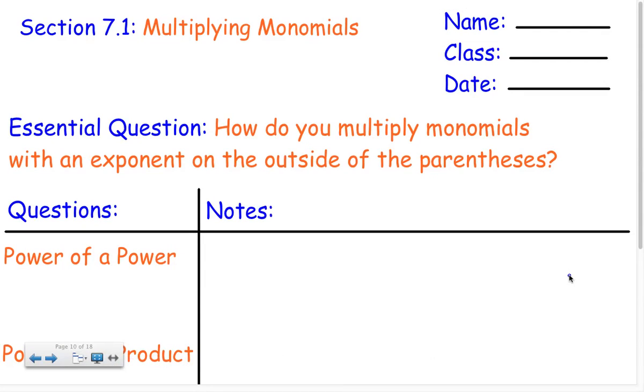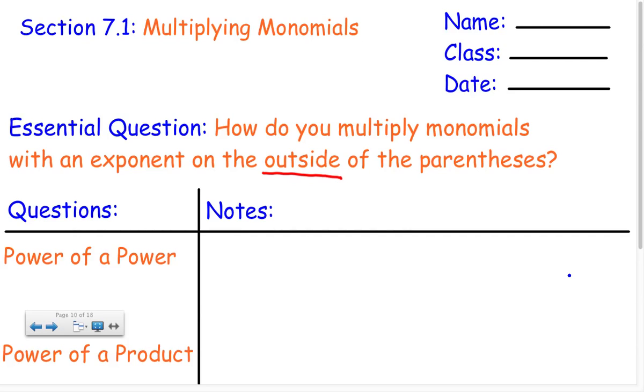Section 7-1, Multiplying Monomials, Day 2. Essential question: How do you multiply monomials with an exponent on the outside of the parentheses? The key word there is that we're going to deal with exponents on the outside of our parentheses in this lesson. First of all, power of a power